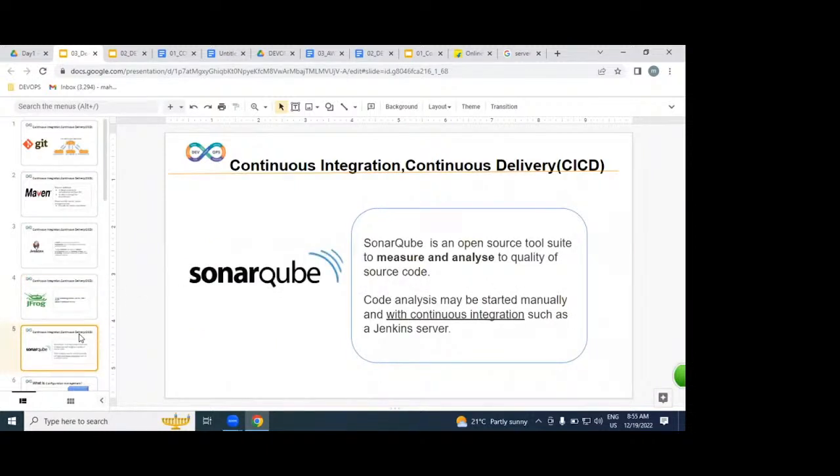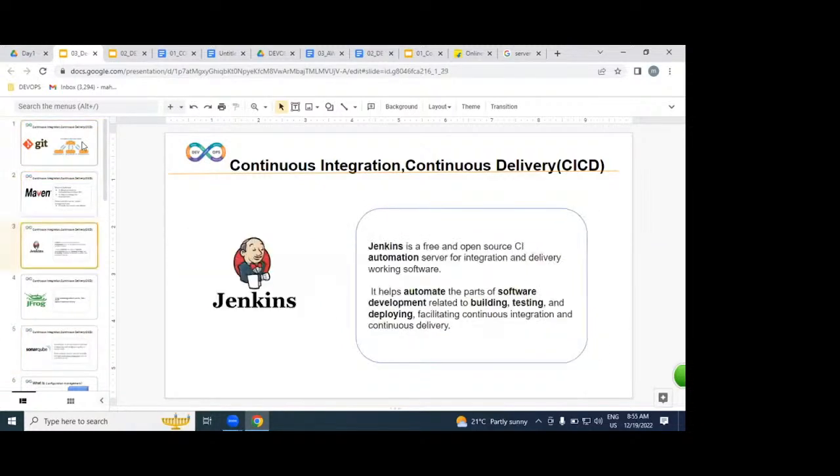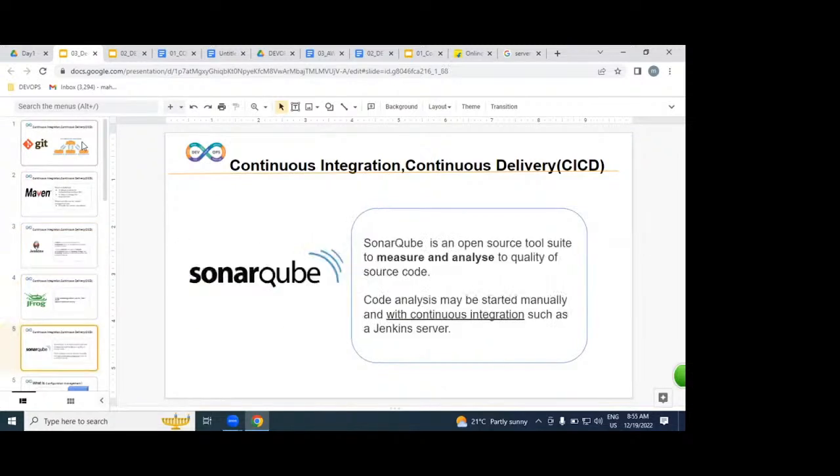And we are going to be learning SonarQube. SonarQube is what exactly? A code analyzer. It is an optional tool, but we are going to discuss it. By using SonarQube, whether developers are following standards or not, it will verify and give statistics and reports. By using all these tools, Git, Maven, Jenkins, JFrog, SonarQube,